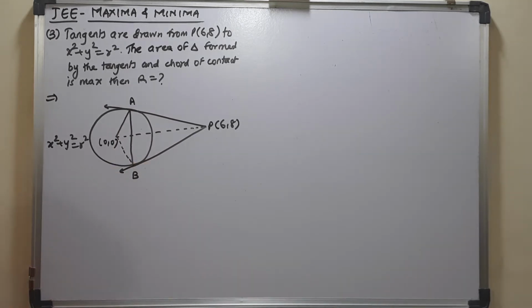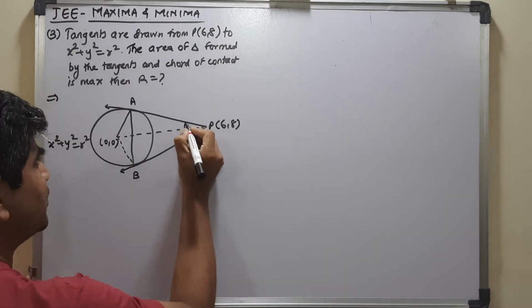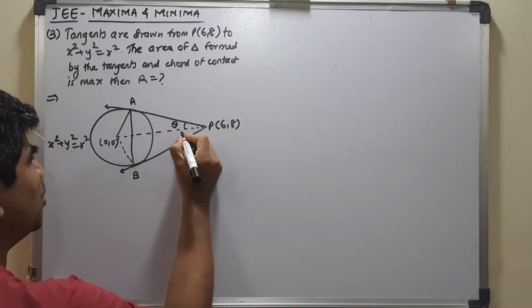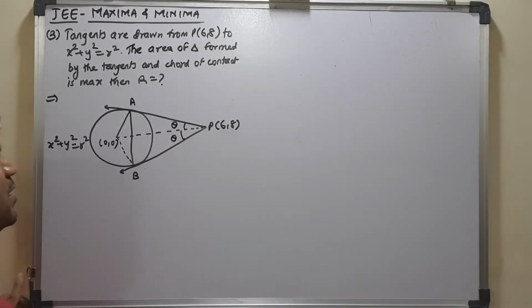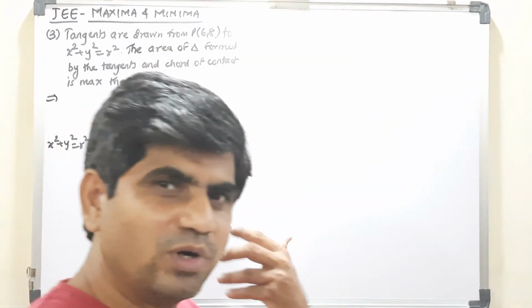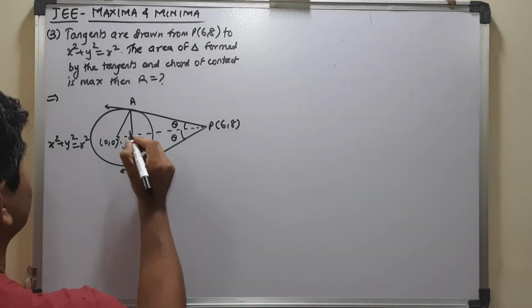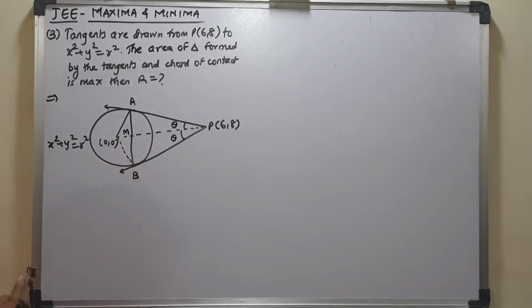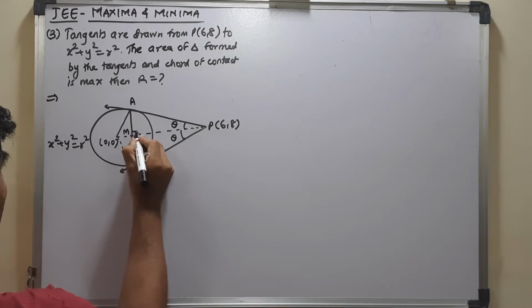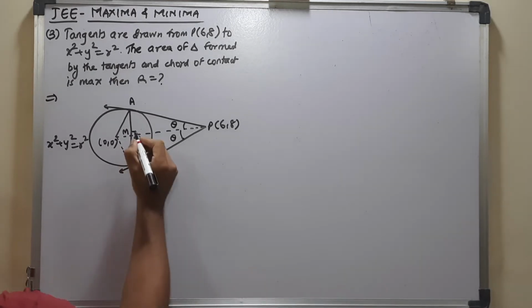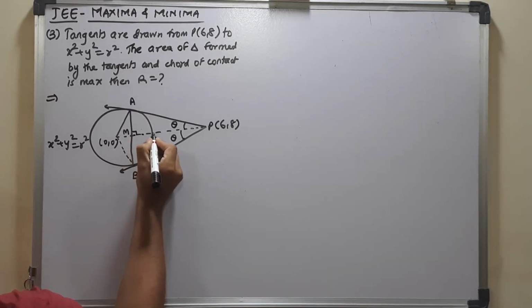Okay, so this is there. Let this angle be taken as theta. Obviously even this will be theta by congruence of triangles, which we have proved long back, so that is not so much needed. Let this point be taken as M. This will obviously be perpendicular, which is also shown earlier, so it is not so much needed.